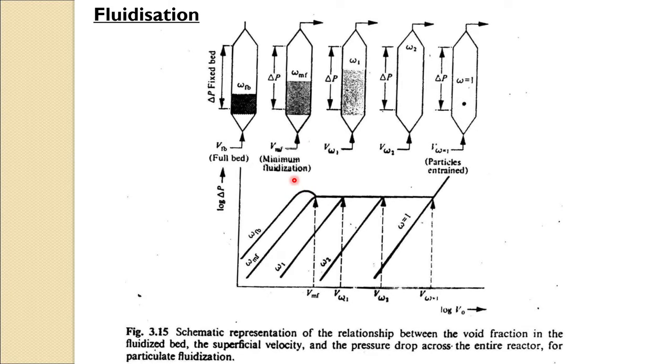So, this is the situation related to minimum fluidization velocity. The hump is coming because the particles are interlocked. So, really to make them separate, you need a little higher velocity to unlock them before the fluidization can occur. So, the pressure drop is higher actually before the fluidization occurs, and once this interlocking